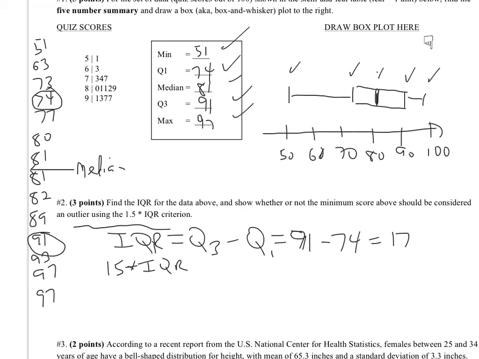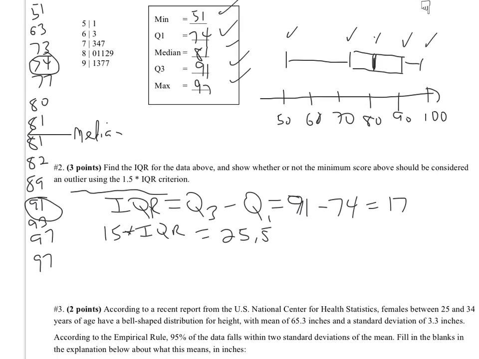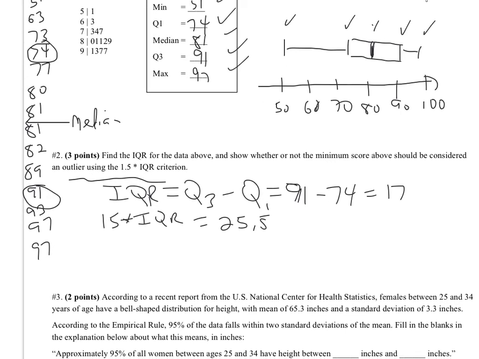And I've closed my calculator, hang on. Oh, I guess I can do that. That's 25.5 in this case. And then the IQR criterion, the outlier criterion is, and this is the thing that I had messed up before, so this is